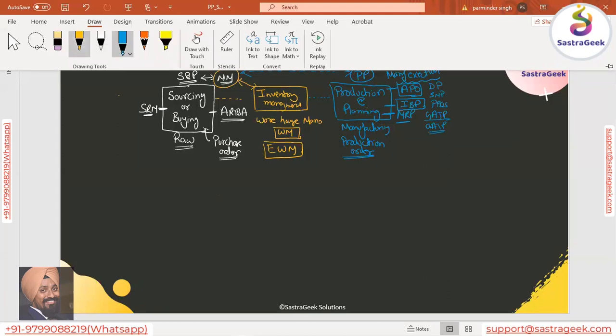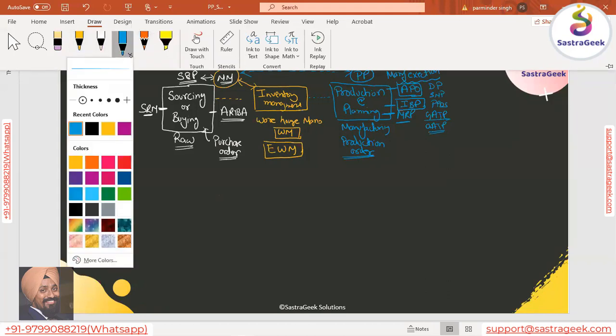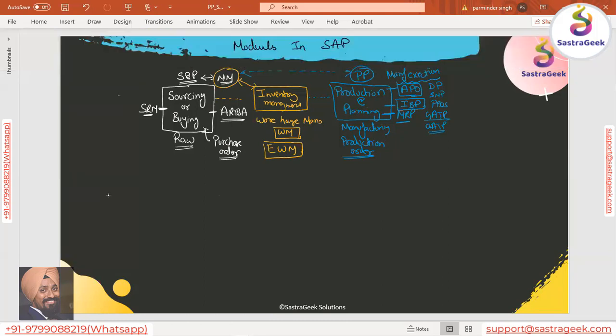So which supportive modules will come into the picture? Let me also highlight here. Between sourcing and buying and inventory management, there can be another module which is QM, quality management. It can happen after you buy, when you store the inventory, quality inspection is required. Or during the production also, you would require QM, quality management, and after the production also, you might require a QM module.